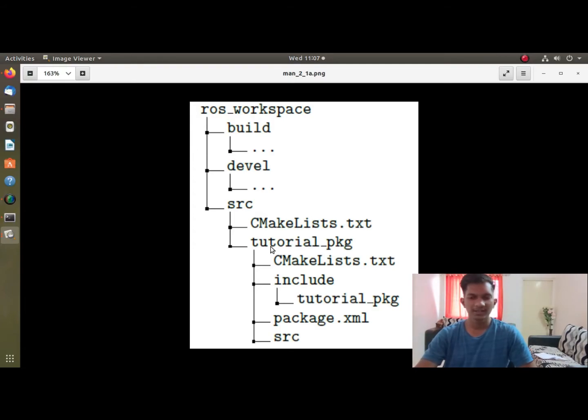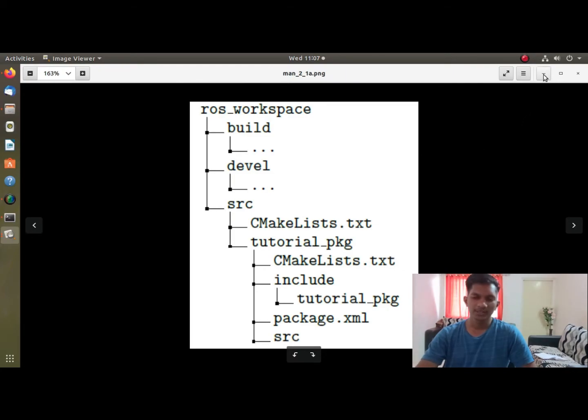In the CMakeLists.txt all the messages and services are declared, so that the ROS workspace knows that this particular message, of this type, is being sent by this node on this particular topic. This is what the CMakeLists.txt file contains.